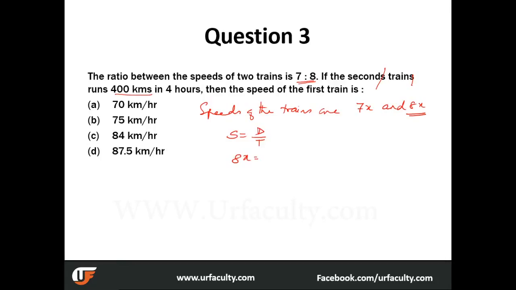And what is the distance? 400 kilometers. And what's the time? 4 hours. So x is equal to 100 by 8. So we'll leave it at that. What are they asking? The speed of the first train, so now we need to find out the speed of the first train,